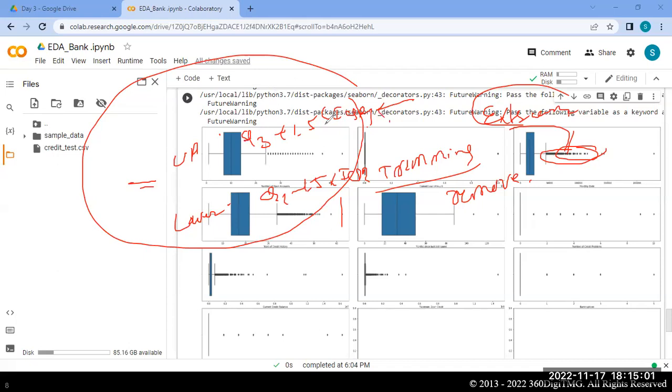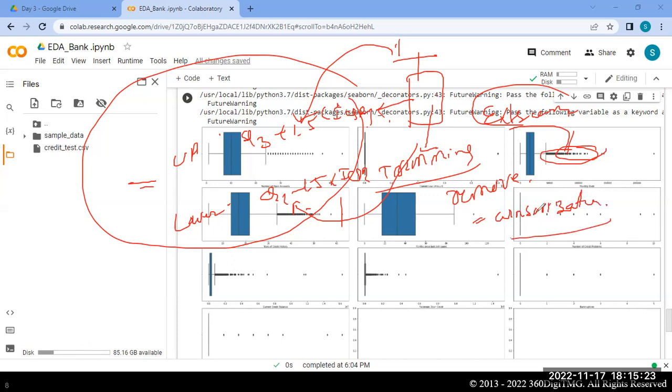Let's say you have outliers beyond the upper cutoff range. What will you do? We'll simply replace them with the upper cutoff value. If it is beyond the lower cutoff, we'll simply replace it with the lower cutoff value. That is what we do in Winsorization. But to remove the outliers entirely, you simply trim them out. That we will do using trimming. So these are the two techniques to handle those outliers.